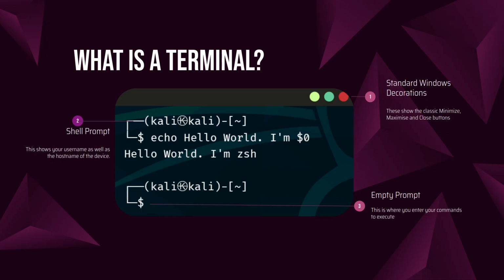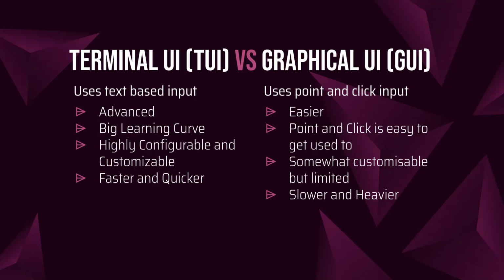So this is just a basic overview of the terminal parts. As you can see on number 1, you have the window decorations, basically the close, minimize and maximize buttons, just like any other program. Then we have the shell prompt. Well, the shell prompt is basically the prompt which tells you the current status of your terminal. It gives you your username, your host name, etc. And there you can enter the commands that you wish. The third point just shows the empty prompt, where you can enter new commands to execute. When you see the dollar symbol and a blank line ahead of it, that means you can execute your commands there. If you see a dollar and a command next to it, that means that command has been executed.